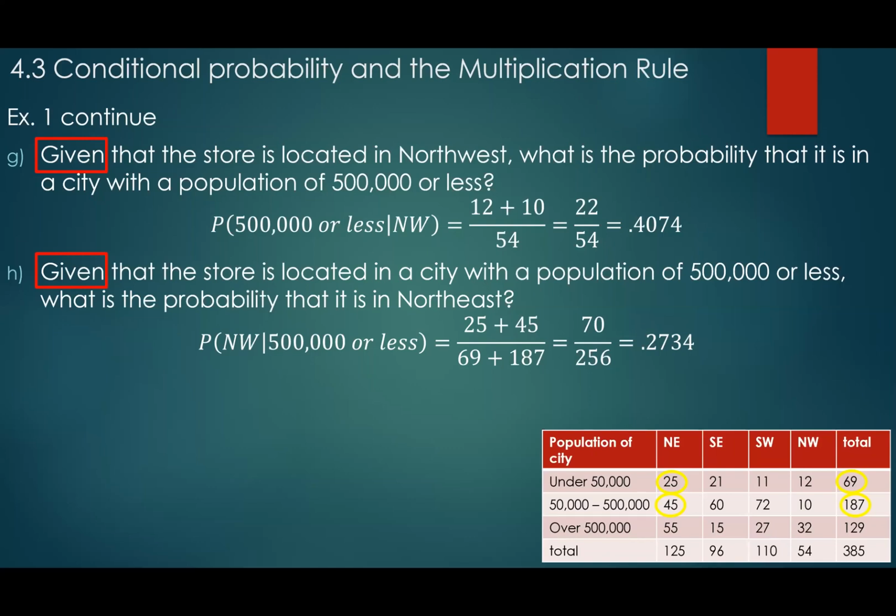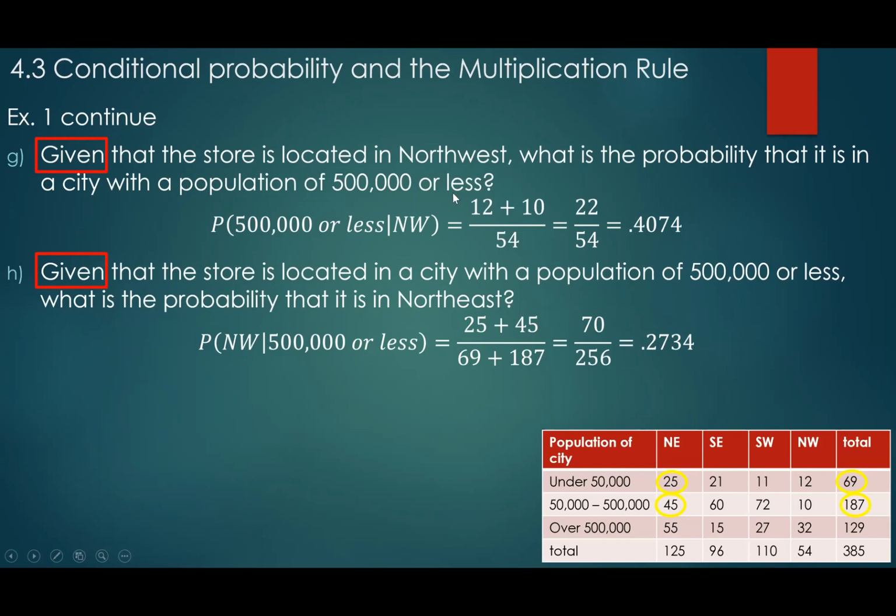And again, hopefully you guys see the difference between G and H, right? And this is what I told my students, imagine that this vertical line here means given, right? Find the probability of 500,000 or less given that it is located in the Northwest region. So if you take this thing and turn it clockwise,